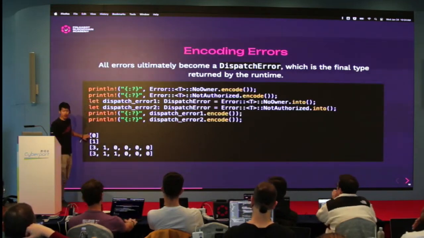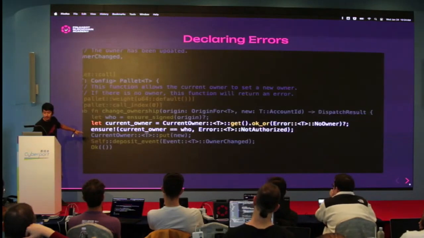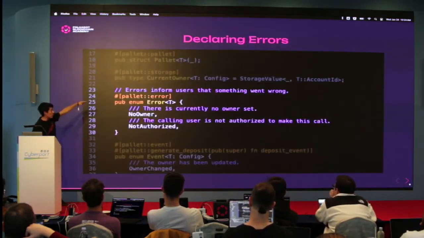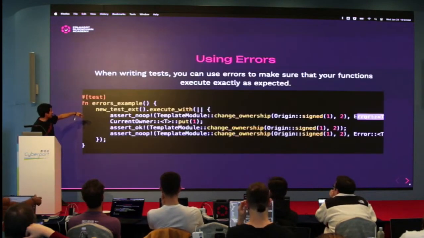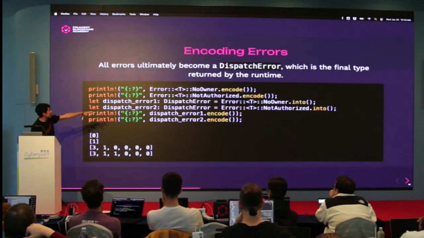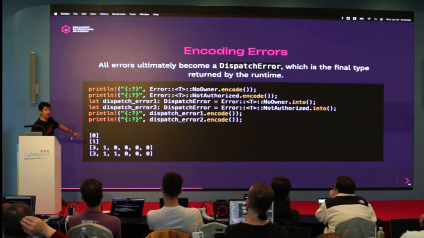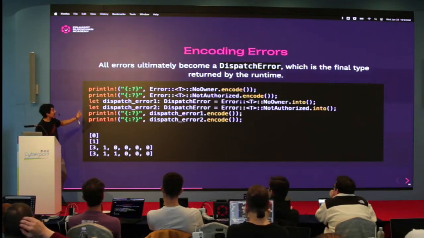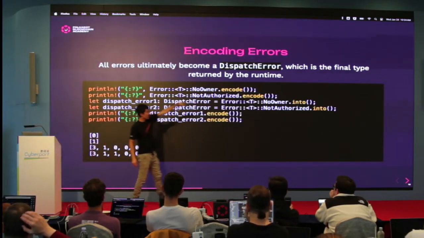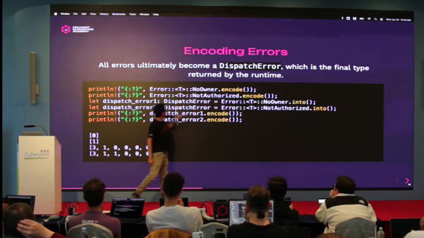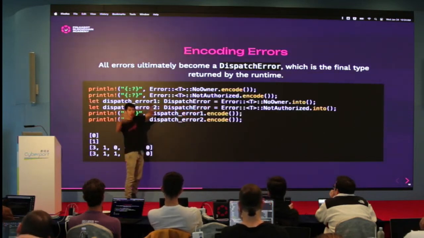This is the first variant. Let's go back, sorry, here. There's variant 1, variant 2, right? So the first item, in the most raw case, encodes to 0. This second item encodes to 1, right? But then, if we go into our pallet error type, into the dispatch error type, which has all these variants in